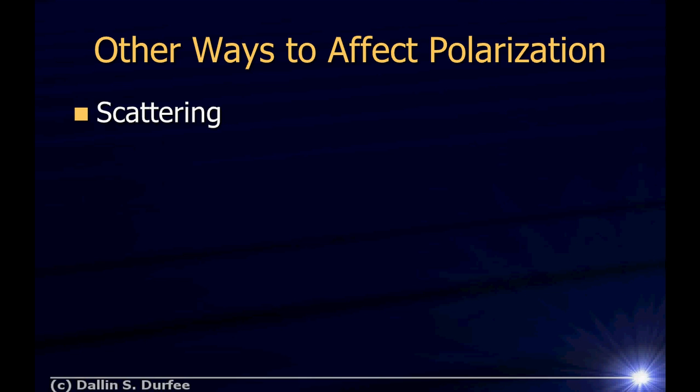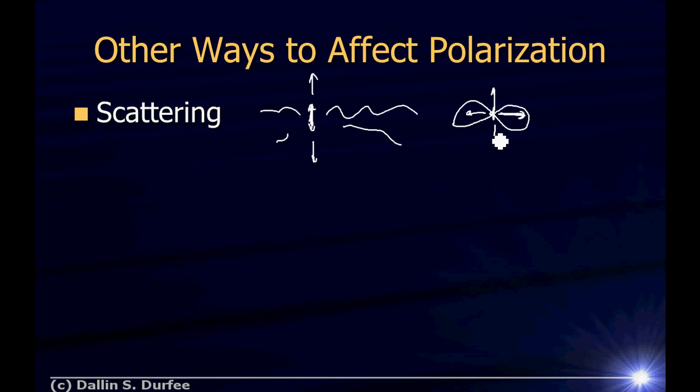You can also get polarization by scattering, right? I mentioned when we take a charged particle and we wiggle it, if we wiggle it this way, it'll make waves coming out like this in all different directions, but not straight up and down. You get what's known as a dipole emission pattern. You look at how much light is emitted in different directions. If you wiggle it up and down like this, you'll get a lot of light scattered in those directions, no light scattered in those directions, and a little bit of light scattered in those directions.